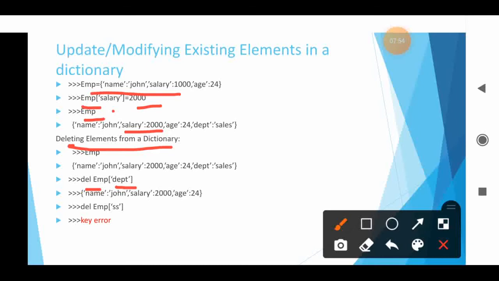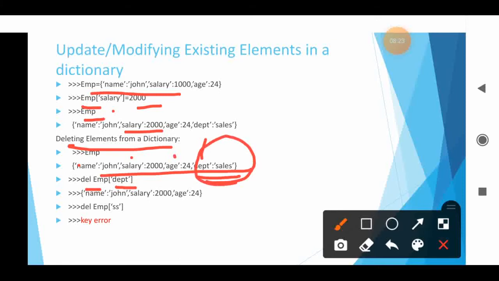In the EMP dictionary we have already created 4 keys. Now I am going to delete the key department, that is DEPT. So use the keyword del with the dictionary name and key. It will delete that key and value pair totally.